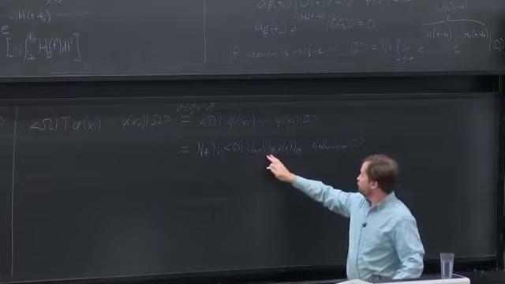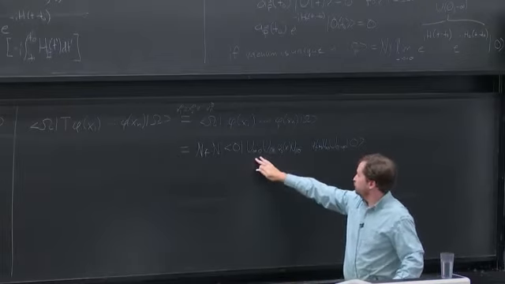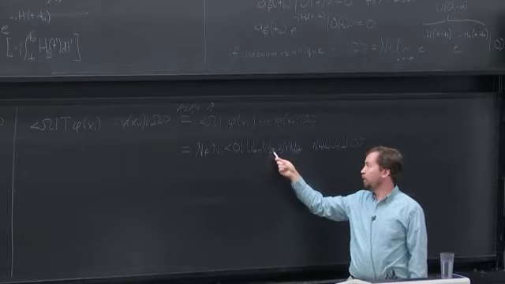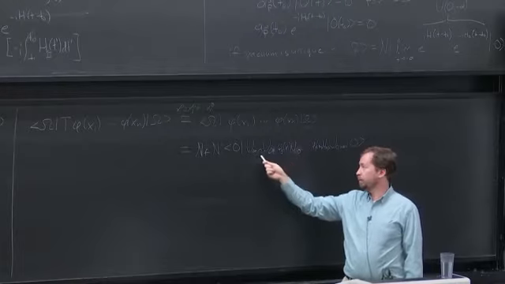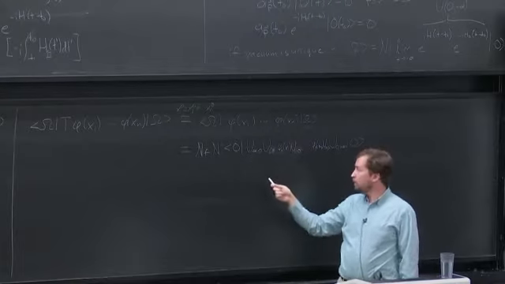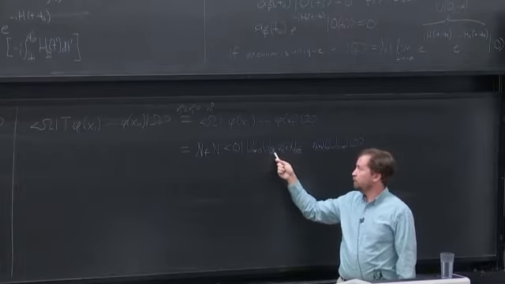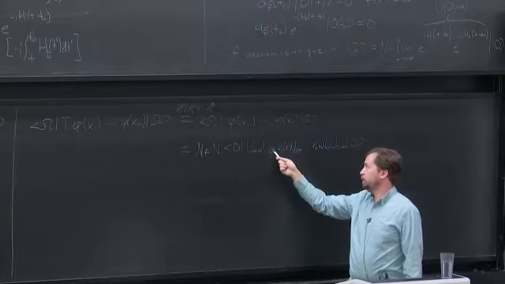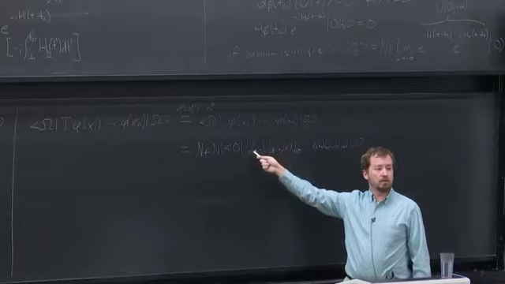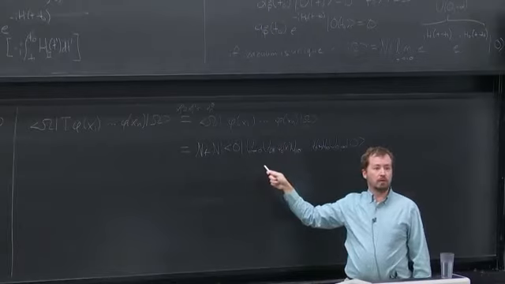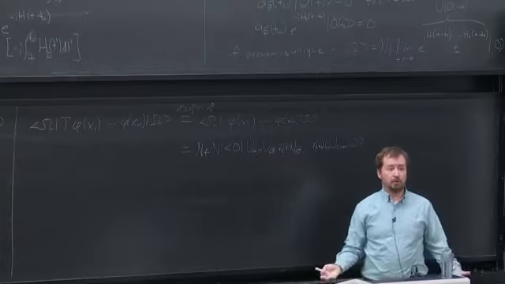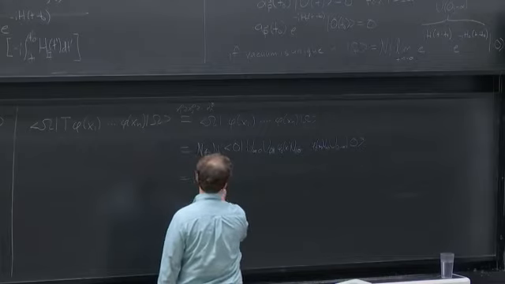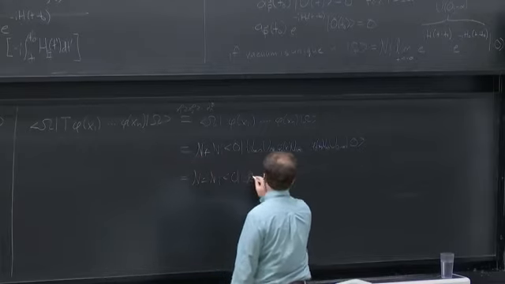So these operators can be combined. I've got here a product of a time evolution operator from time 1 to the reference time, and then from the reference time to infinity. Evolving in time to the reference time, and then continuing to time evolve is the same as evolving just from time 1 to infinity. So I can combine these two time evolution operators using the composition property and write this as nf ni 0 u infinity 1